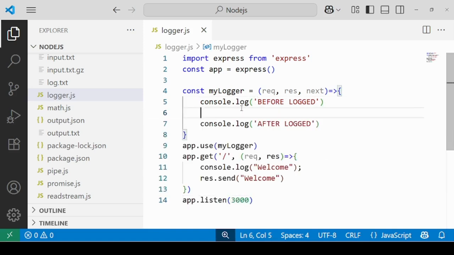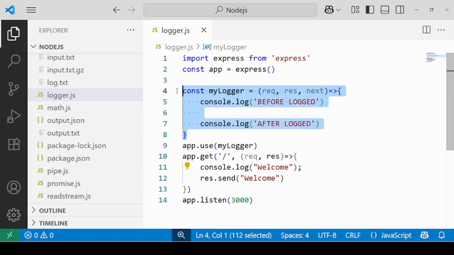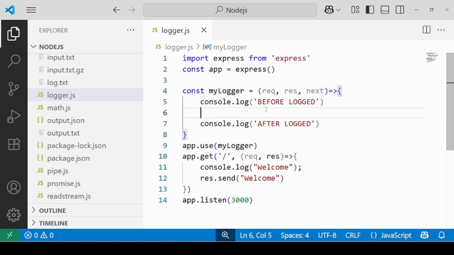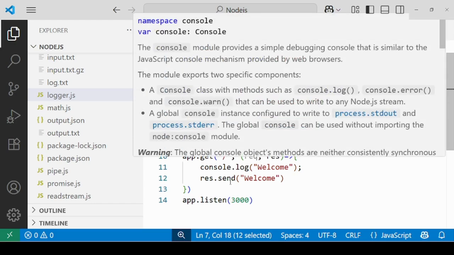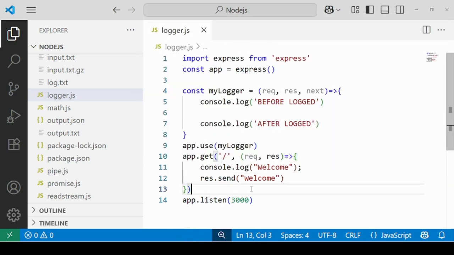Because you have not defined the next function. You are making your URL utilize this middleware. The middleware is printing before logged and after logged together, and since there is no next functionality, it doesn't know where to go. So that's why the server keeps loading.